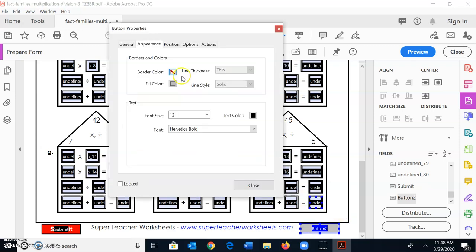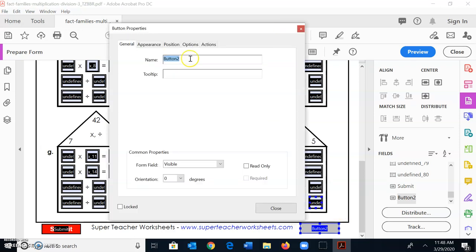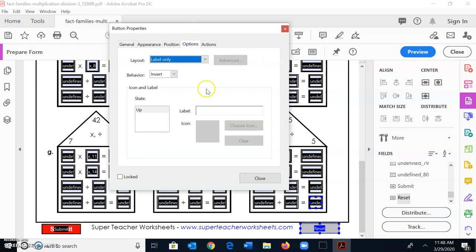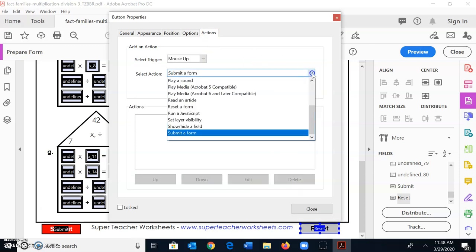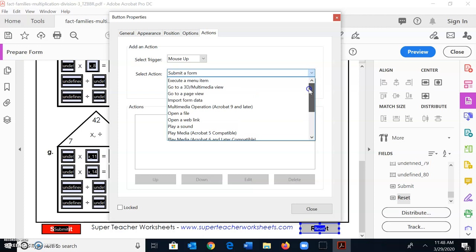I'm going to click all properties. I'm going to go to the general tab, and I am going to put reset for the name, reset for the tooltip. Under options, I'm going to make the label say reset. Under actions, I'm going to click this pull down menu again, and I am looking for